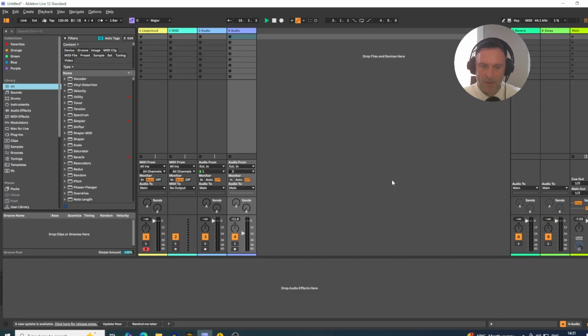I've been playing about with Loopcloud recently. I have been an avid Splice user for a long time now, and I just thought I would try out something different and see what sort of samples they had available in their library as well. But one thing that struck me using their application was the fact that you could use multi-track inside the application itself, and I thought I would do a little video today, and particularly around guys who are pretty new